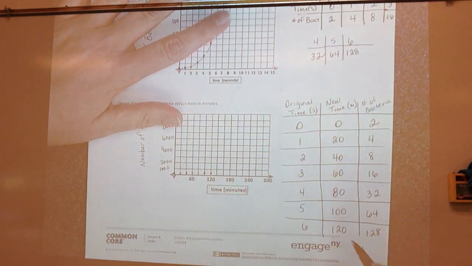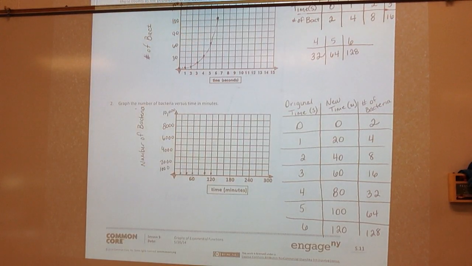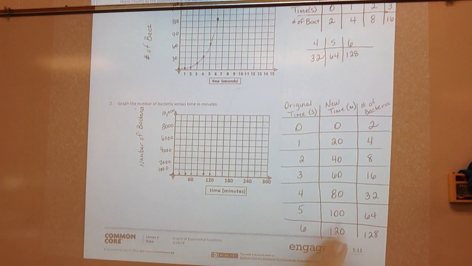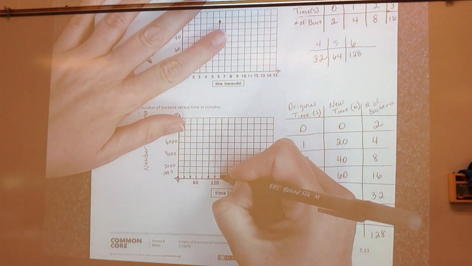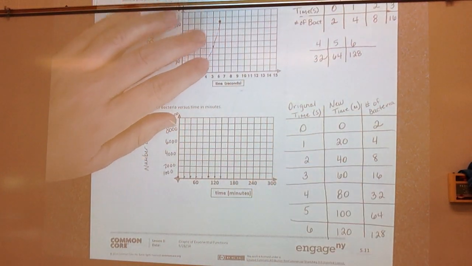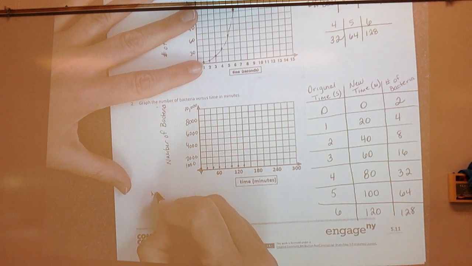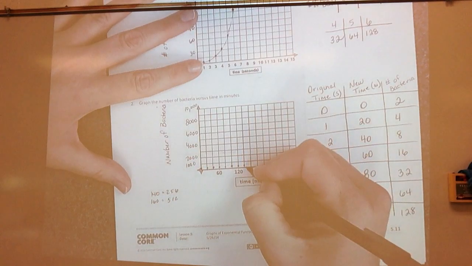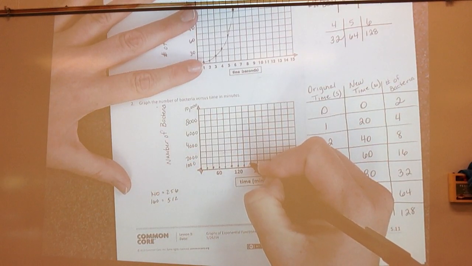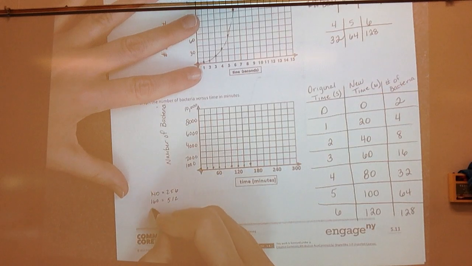And we're not going to start, like I said, we get 140 minutes would give us 256. So we're not going to start seeing anything. So 140 minutes is 256. 160 minutes would be 512. So now I'm going to start getting up there a little bit more. 180 minutes would give us